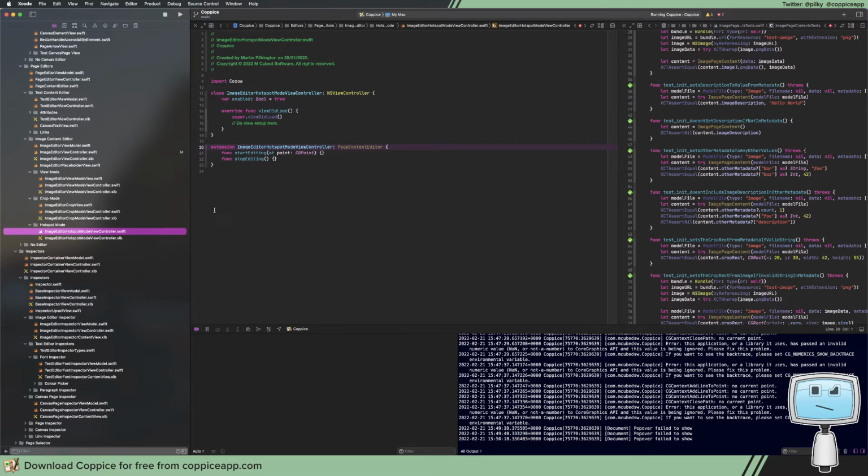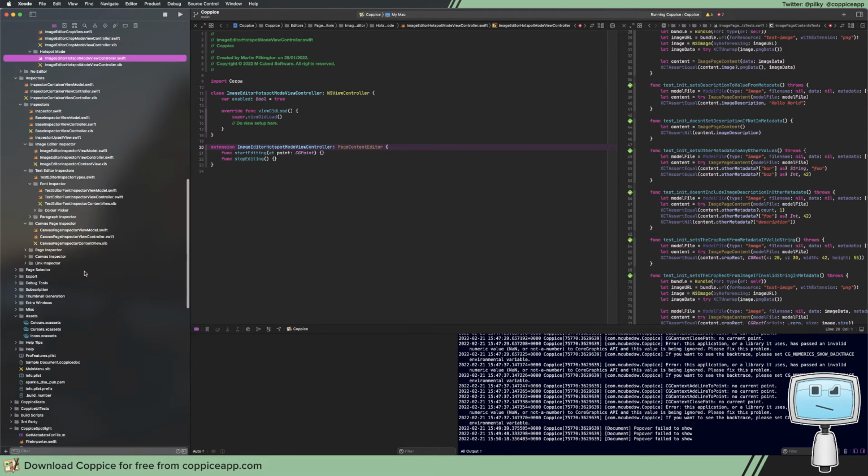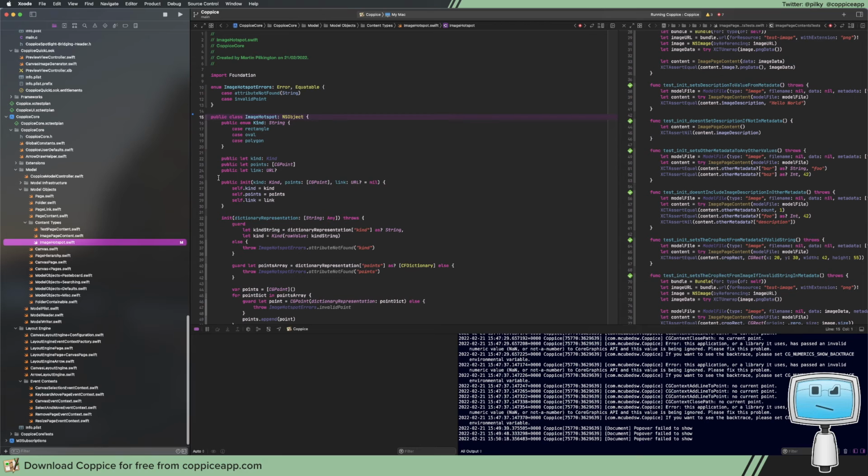I have an image hotspot type here, which stores the kind, whether it's a rectangle, oval or polygon, the points, and the link. I don't want the UI to use this directly, because I need to do additional validation, and rectangles and ovals need to be handled differently and so on. I need to use this in both the view and the hotspot editors,